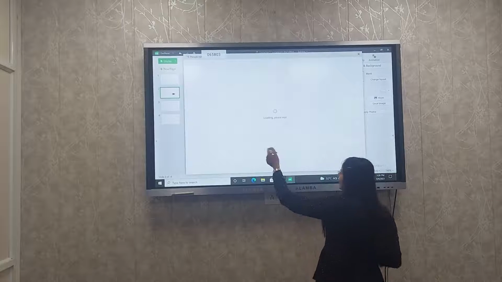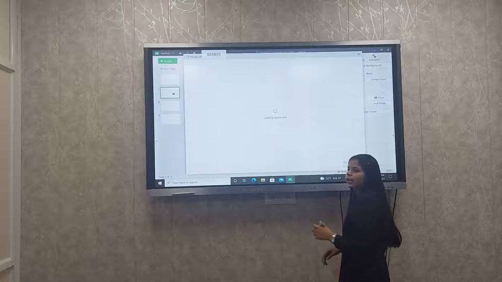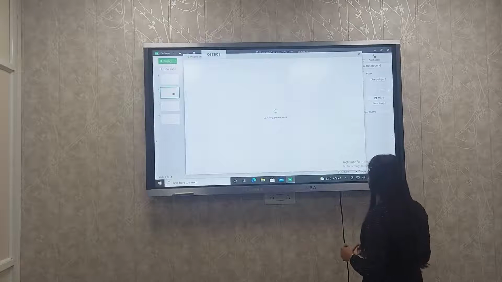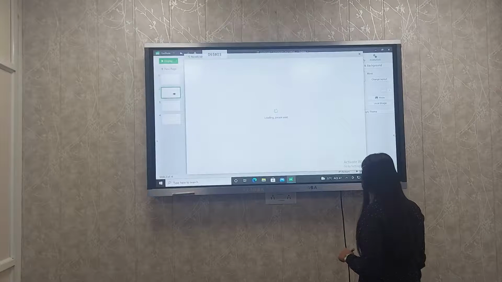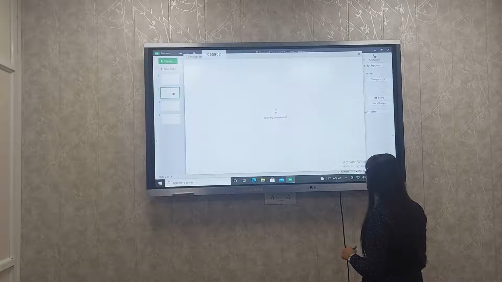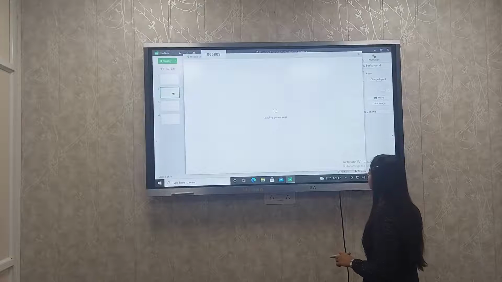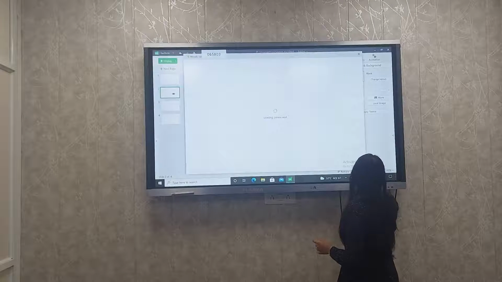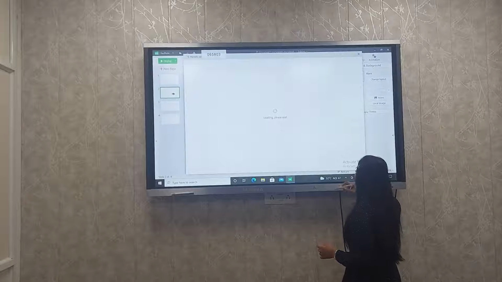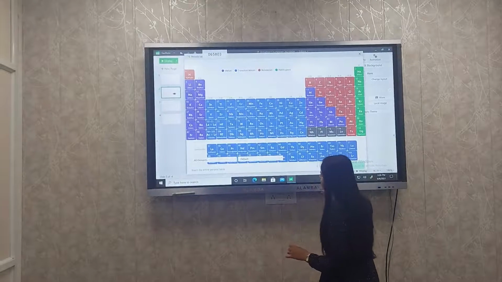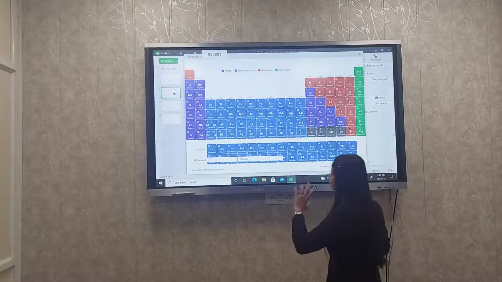You can select the elements and just insert them in your slide. So the periodic table is being shown here.